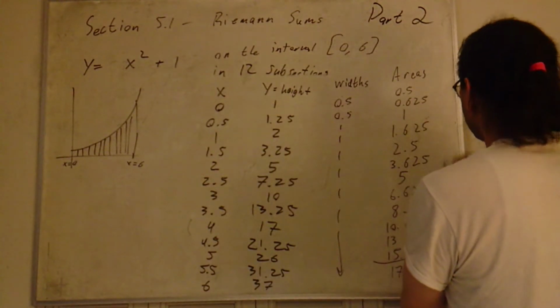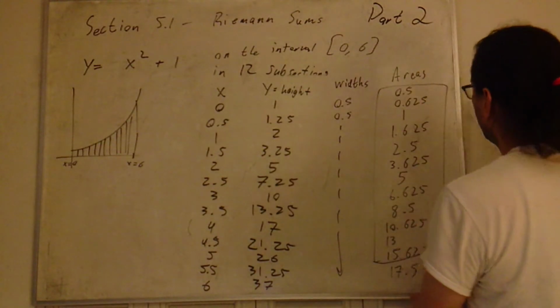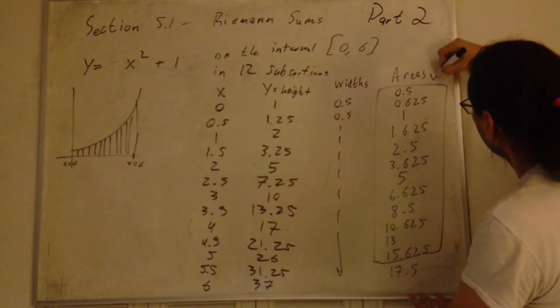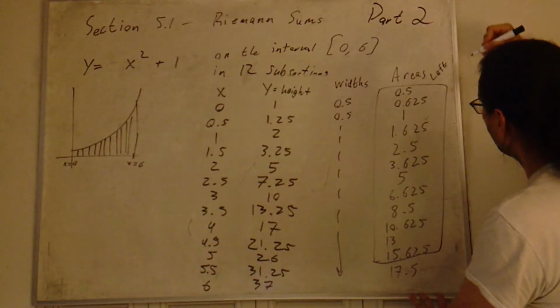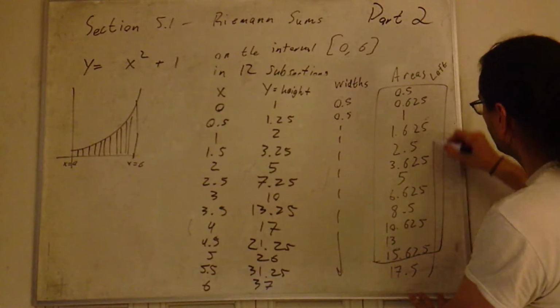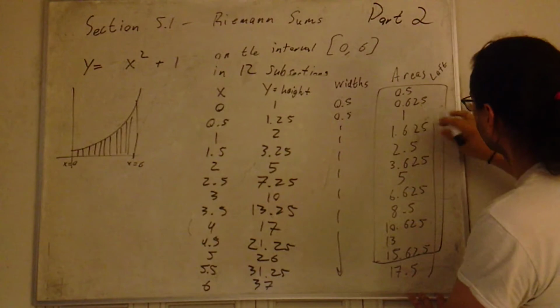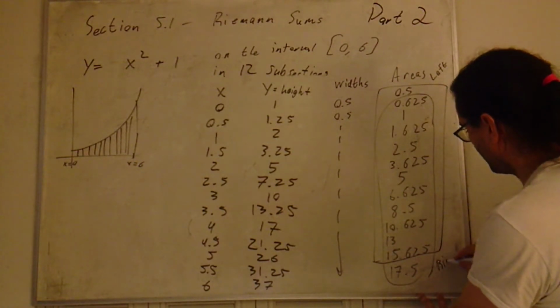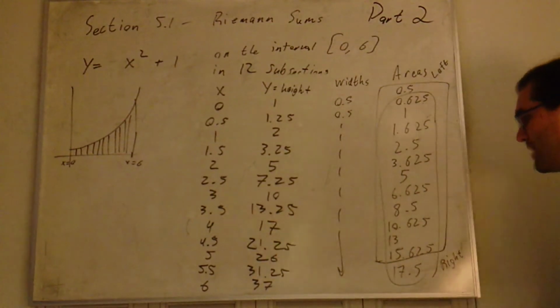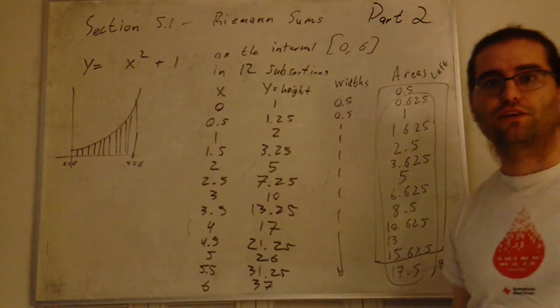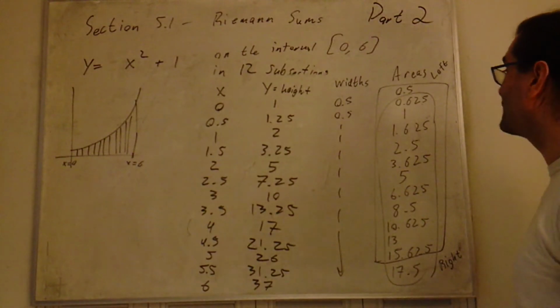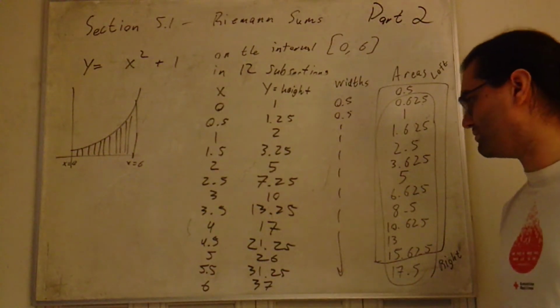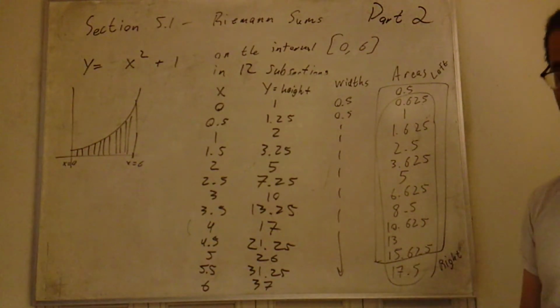The first 12 of these will be the left Riemann sum, and the bottom 12, so everything except this top one, these will be the right. I'm not actually going to add these up because I don't have the calculator handy, and me going to get one is not going to be a very valuable use of our time. I will say,